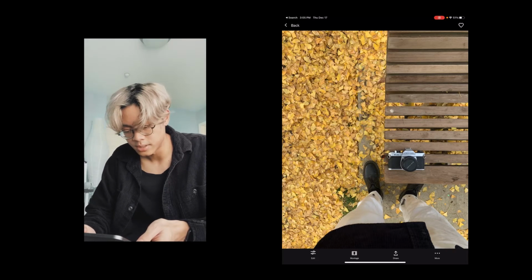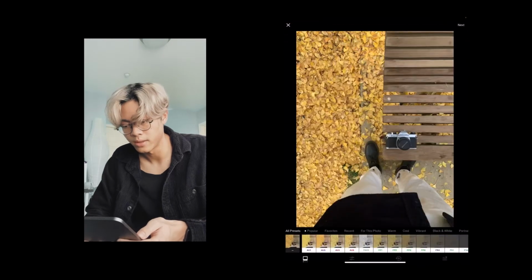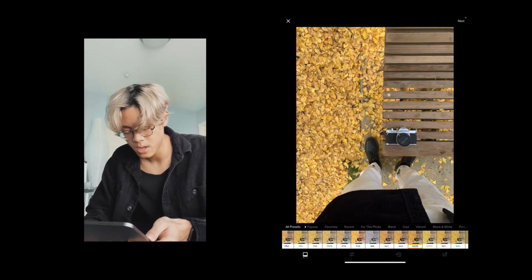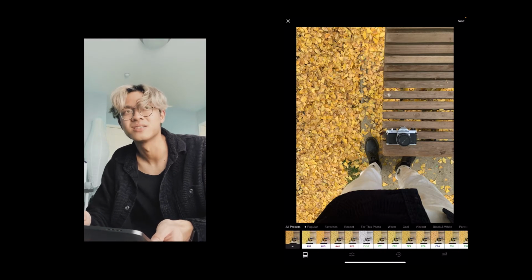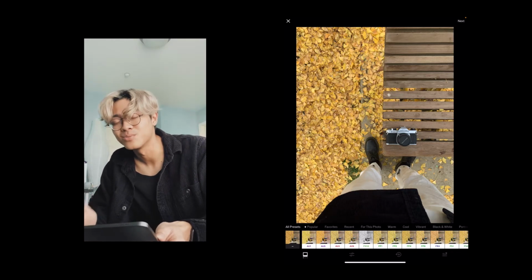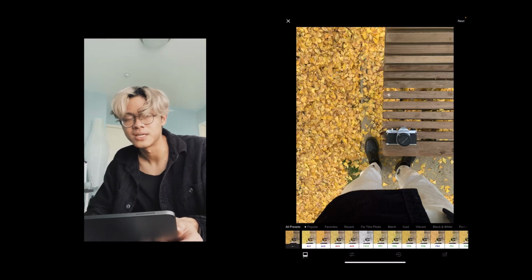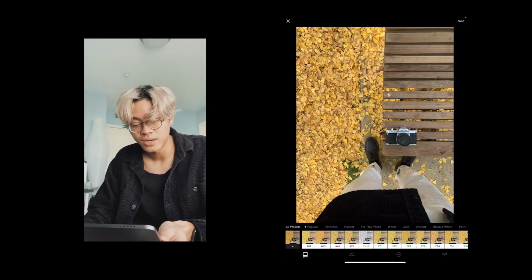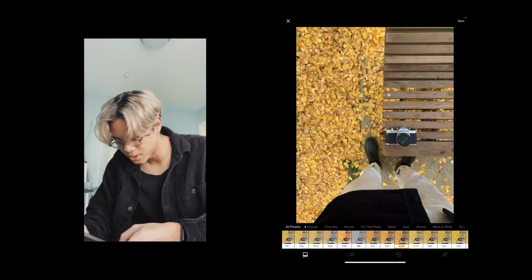So yeah, I think I will start with this photo. And I guess to preface, I have Vsco X. Vsco X is a subscription service. It's actually $20 a year, but I think it's really worth it because you have all these film presets. So basically we are going to start with